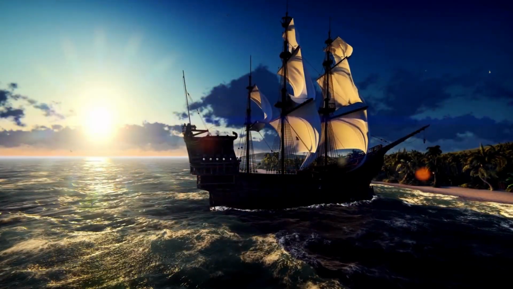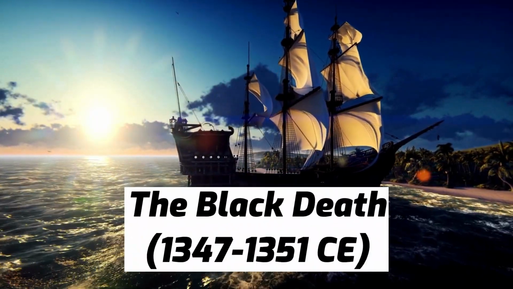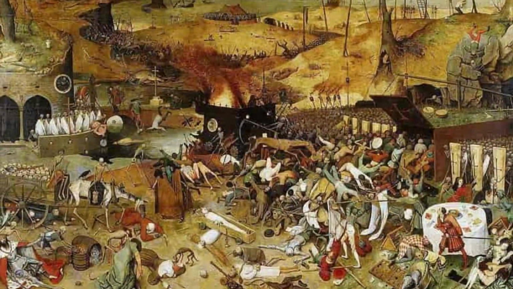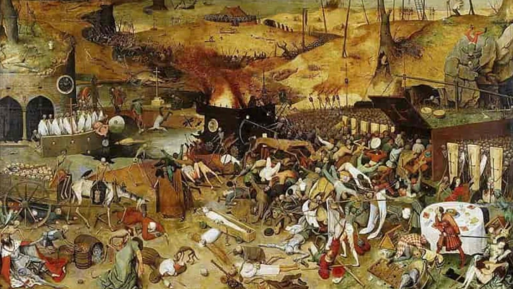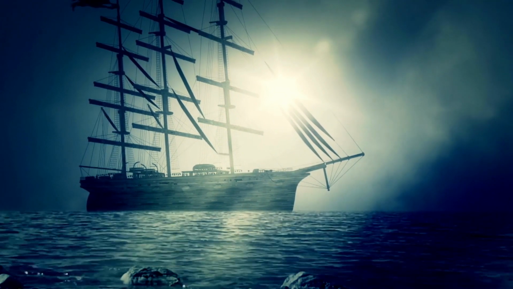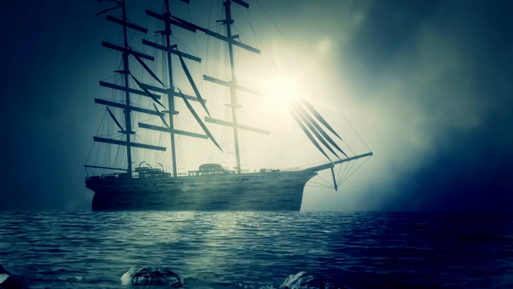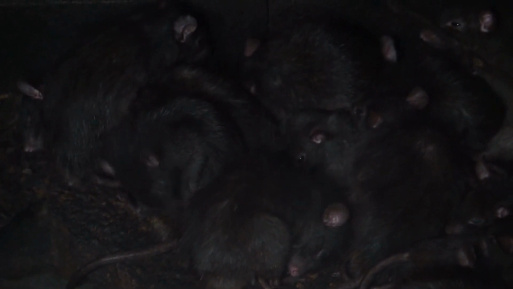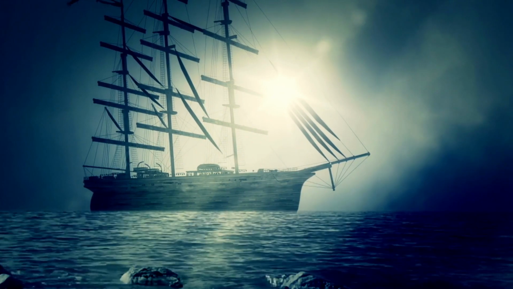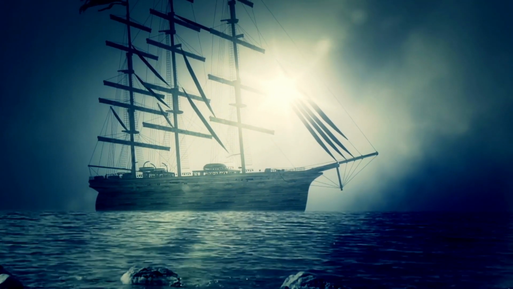Moving on to medieval Europe, we witness the horrors of the Black Death. From 1347 to 1351, the bubonic plague decimated populations, causing unimaginable suffering and death. The disease first arrived in Europe in 1347, when ships from the east brought infected rats to the port city of Messina in Sicily. From there, the disease spread rapidly, fueled by the interconnectedness of medieval trade routes and the